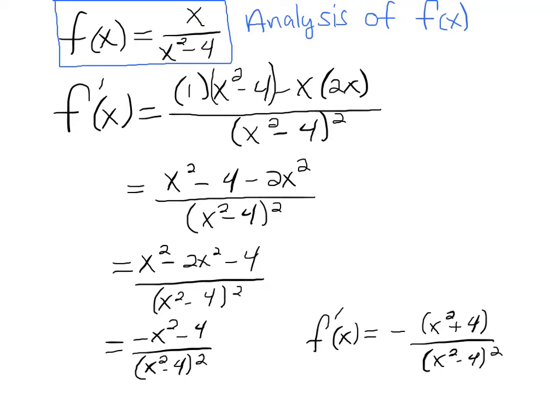Hello calculus students. In this problem we're going to do a full analysis of this function here, x over x squared minus 4. And when I say analysis, what I mean by that is we're going to look for intervals of increase, decrease, we're going to look for critical points, inflection points, intervals of concavity, as well as horizontal and vertical asymptotes. Okay, I'll give a full summary at the end of this video,